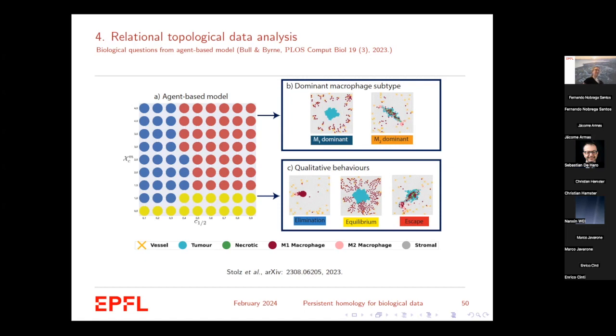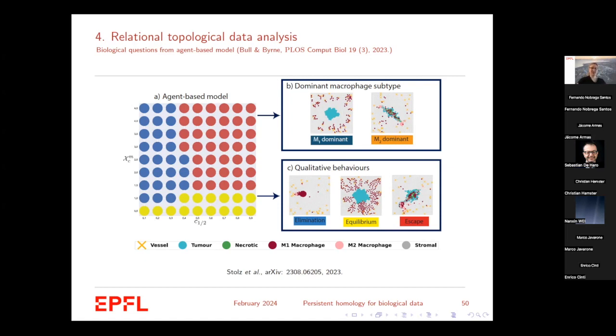At the very least, we wanted our methods to be able to distinguish between these three qualitative behaviors given an image coming from this agent-based model. And the other thing that the model captures is there are different subtypes of immune cells which change over time and are also characterized by where they are spatially. Can we determine if a particular image comes from a simulation that is dominant with one type of immune cell versus the other without knowing which immune cells we're dealing with? So these were the two